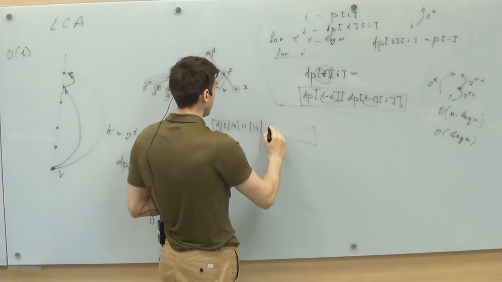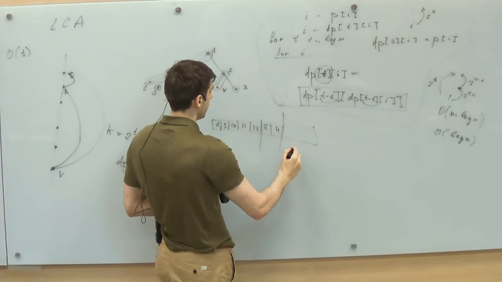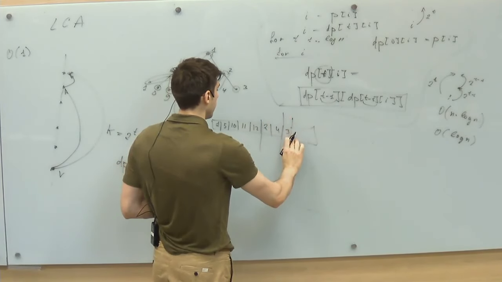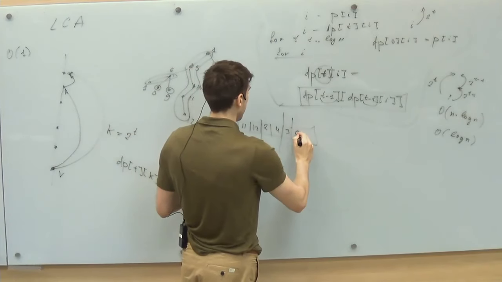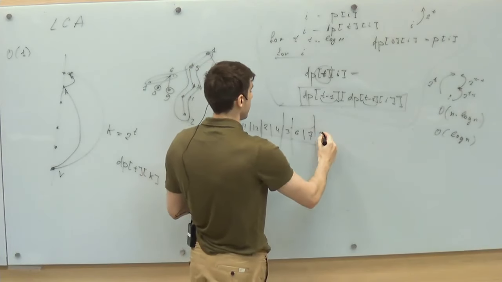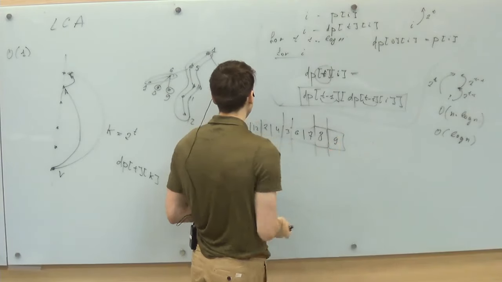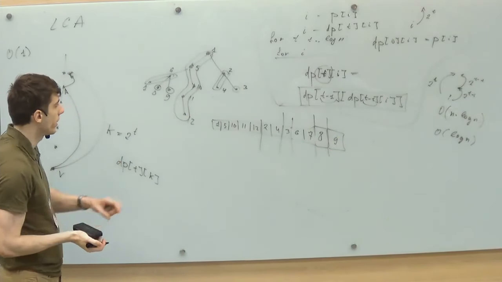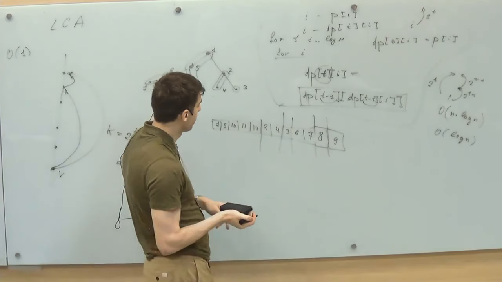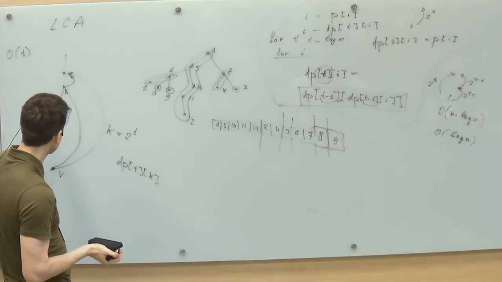And here we'll write this as 2, 4, 3, separate, 6, 7, and two more separate paths, 8 and 9. So after we rearranged these paths to consecutive memory, we can answer this query if it is inside